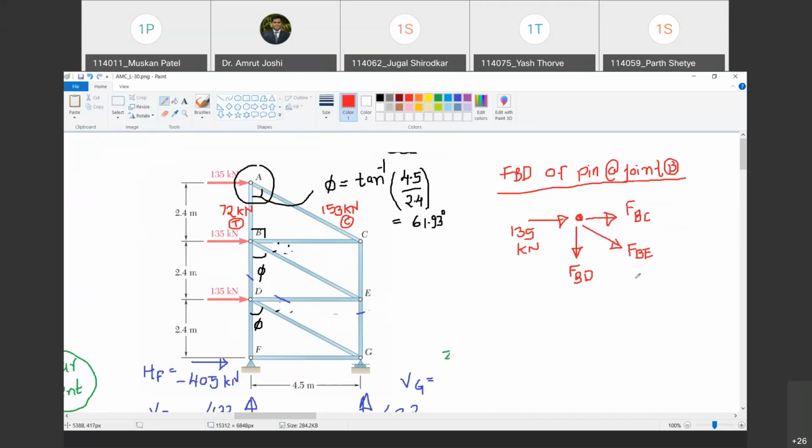So is the free body diagram complete? No, I have to show the angle, but that angle is already known, that is phi, and we have already calculated the value of phi. Do you agree with me? Yes, sir. Now tell me, what kind of force system it is? We already discussed, it is coplanar and concurrent. Correct. So how many equations are applicable? 2. And tell me how many unknowns are there? 3. Sad, we cannot solve. Do you agree with me?